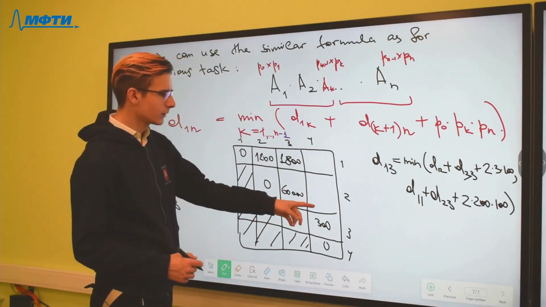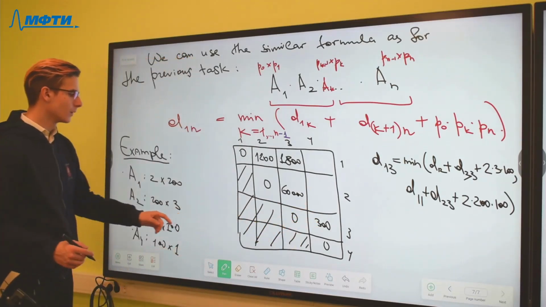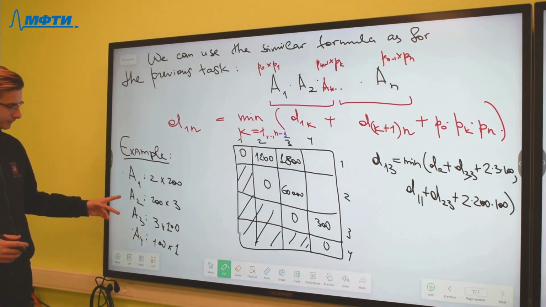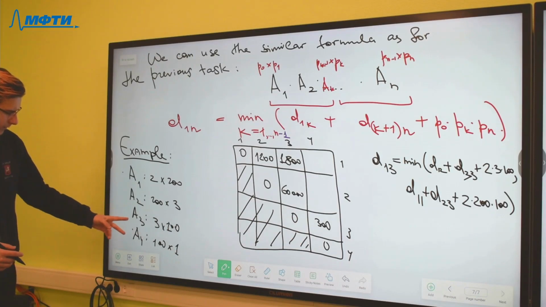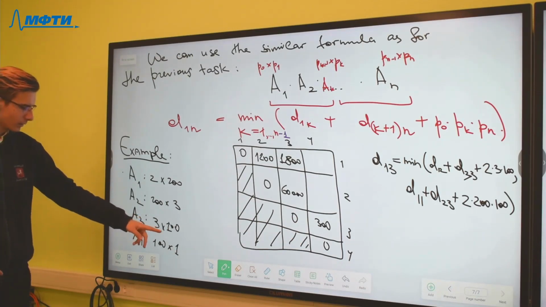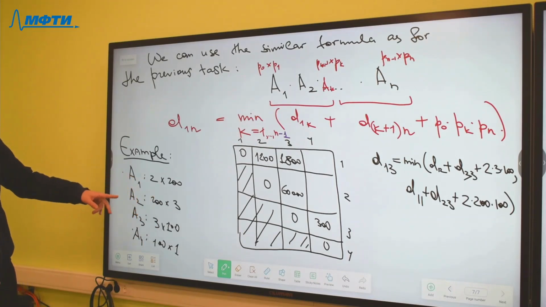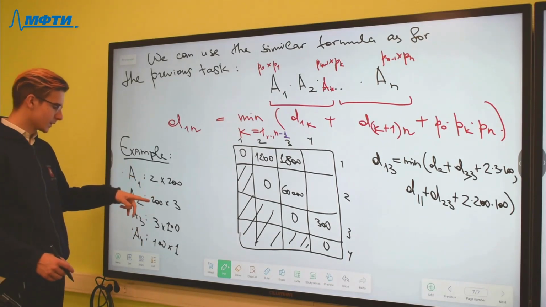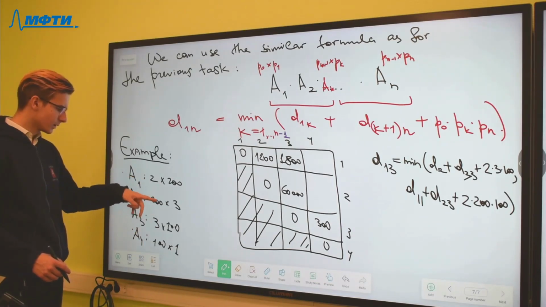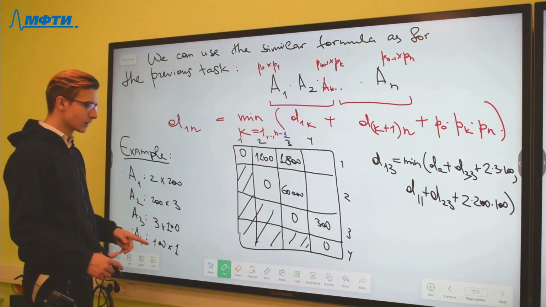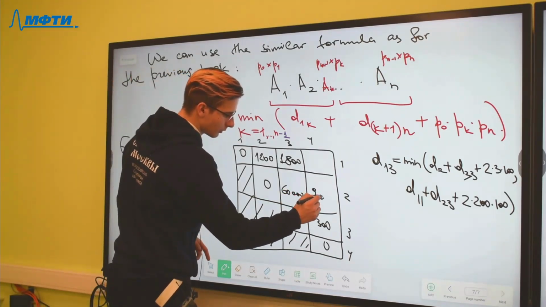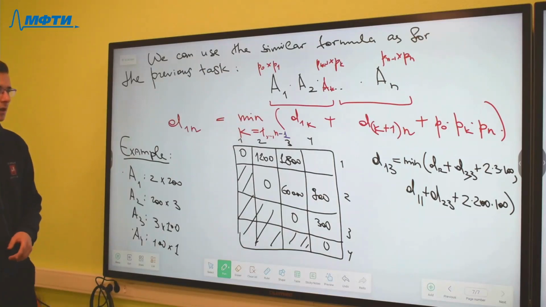And here we can add the multiplication of these two. On these two we spent 3 multiplied by hundreds, 60. Right? As in this